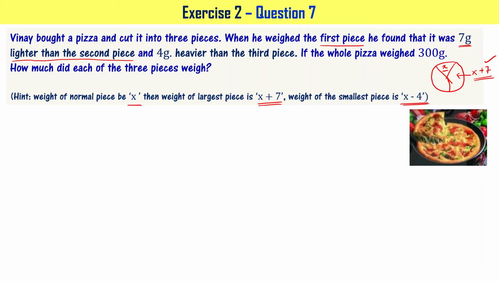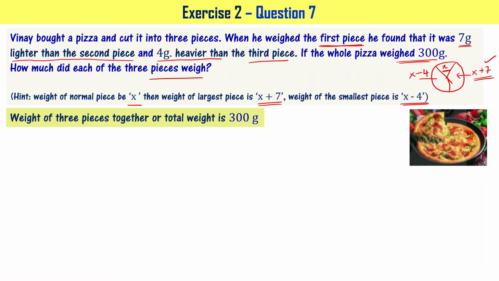Now, the first piece is 4 grams heavier than the third piece, right? The first piece is of weight x. It is 4 grams heavier than the third piece. It means the third piece is going to have a weight of x minus 4 grams. Got it? The whole pizza weighed 300 grams. How much did each of the 3 pieces weigh? That is what we are asked to find. Now, since the hint is given and we have understood the hint,